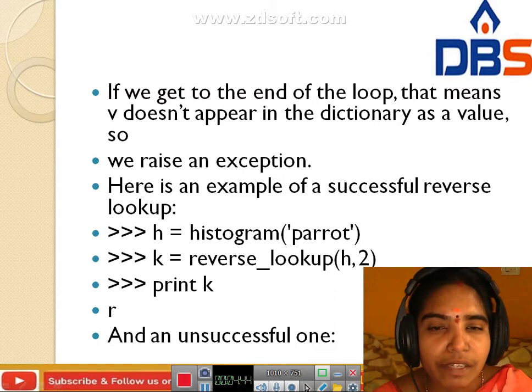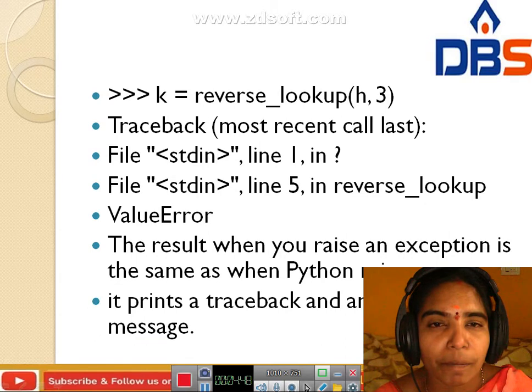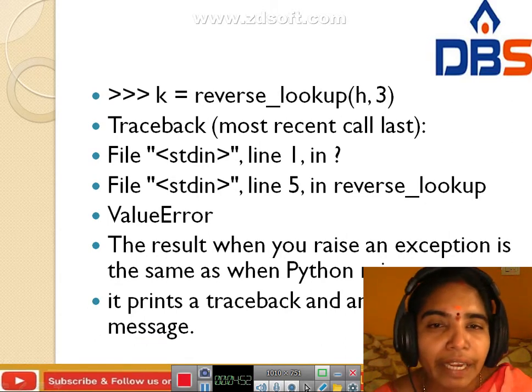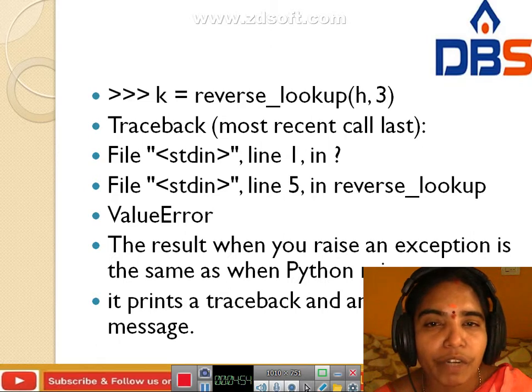Next, the unsuccessful reverse lookup. For example, K equal to reverse_lookup of H comma 3. Here we get the traceback: most recent call, line 1, line 5 in reverse_lookup, ValueError. When you raise an exception, the result is the same as when Python raises one.